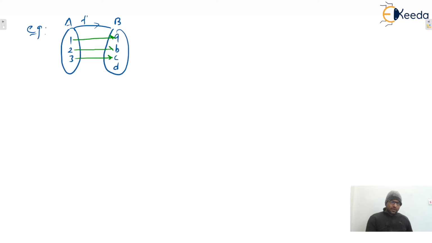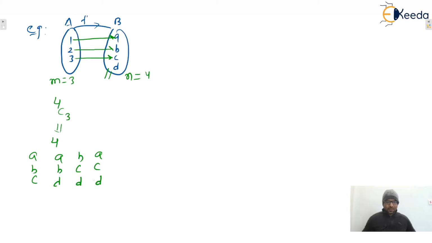Now you only tell me, select 3. Let's say here m value is 3 and n value is 4. So select three elements out of 4, isn't it? That can be selected in 4C3 ways, and 4C3 means what? 4. So the combinations of three elements of set B will be 4 only. These will be ABC, then ABD, then BCD, and the next one is ACD, isn't it? So here four combinations are there.